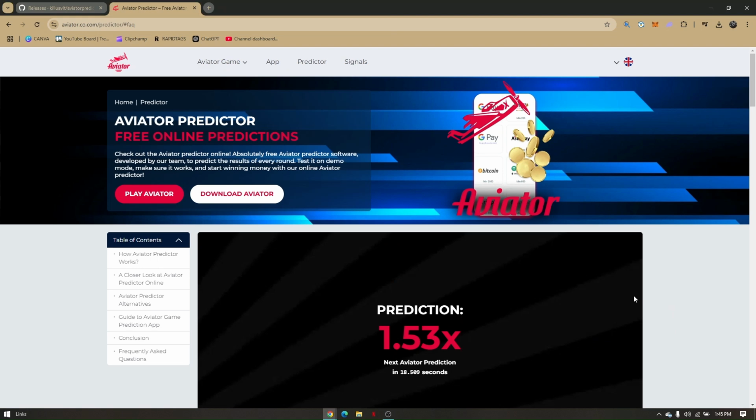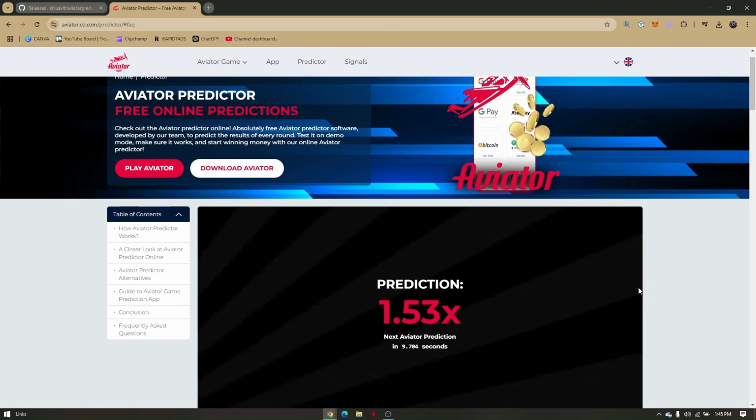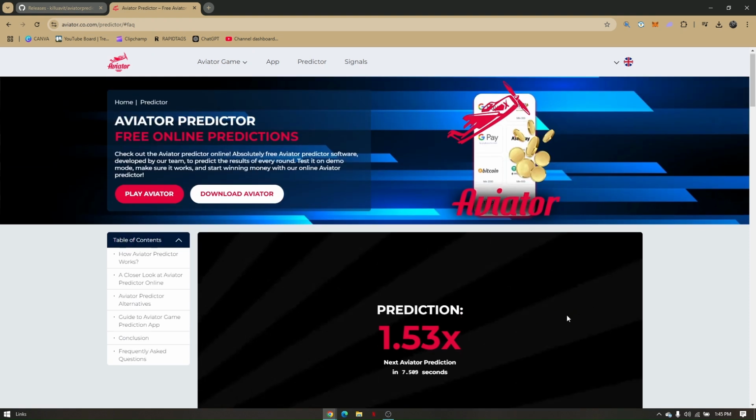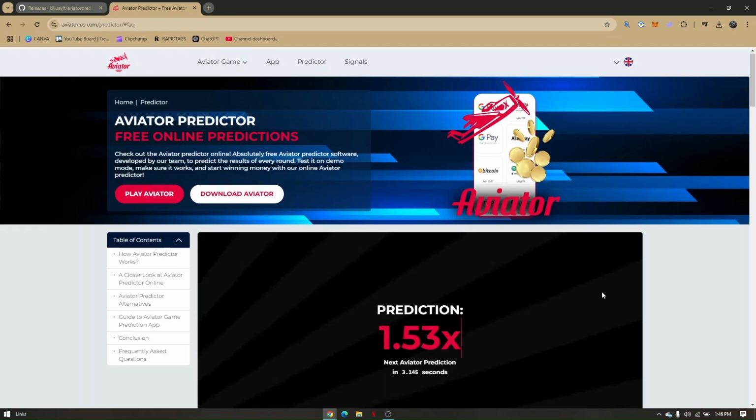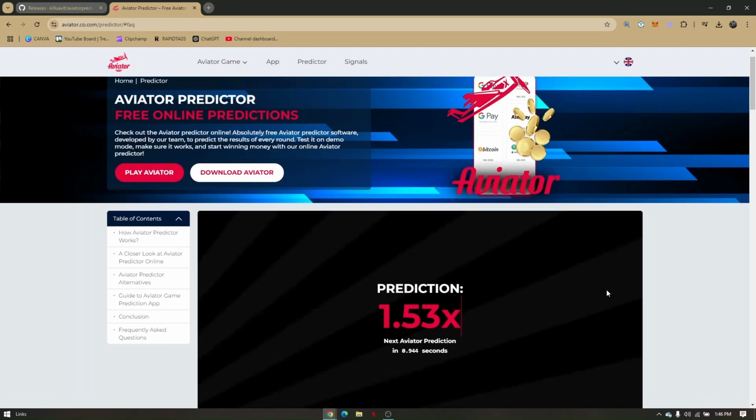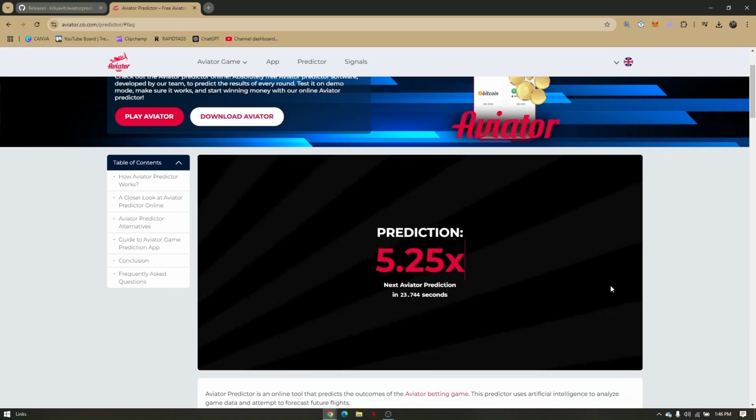How to get Aviator Predictor activation code. Now, there is no actual method that you will be doing for you to be able to find or locate a certain activation code for this software or app right here. All you have to do is just simply download the Aviator Predictor application via their official website or via the